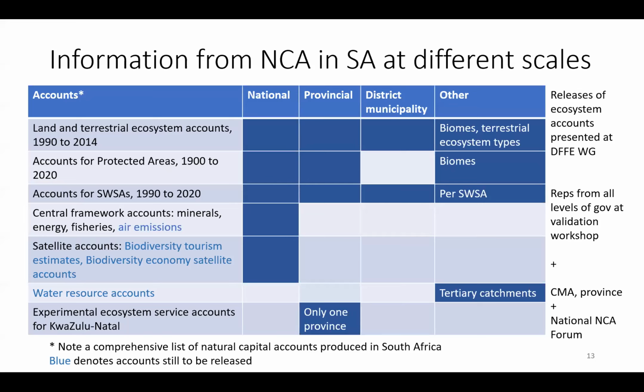Information from natural capital accounts in South Africa is available at different scales. I wouldn't have time to cover everything, so this is just a brief summary. Land and terrestrial ecosystem accounts provide information at national, provincial, and district municipality levels. They also provide information at biomes and terrestrial ecosystem types. Accounts for protected areas report on statistics at national and provincial level and biomes. Accounts for strategic water source areas provide a range of statistics across all levels, including per strategic water source area. The central framework accounts are at the national level because our economic data is not easily disaggregated to